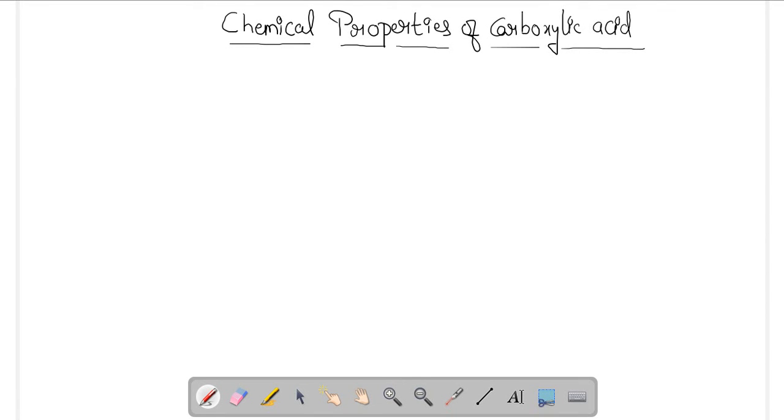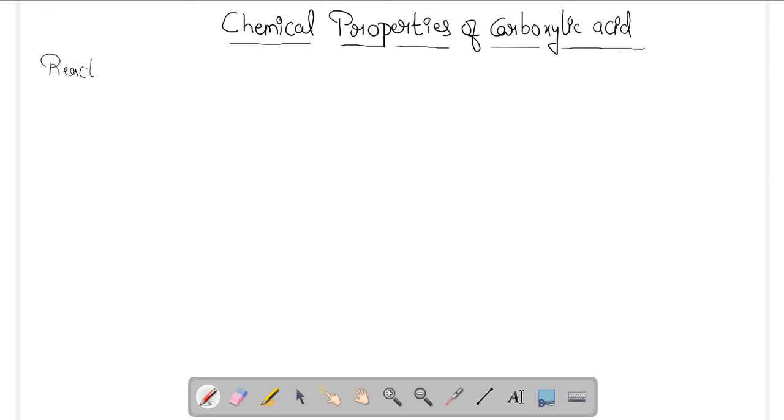Welcome students. So let's continue with the chemical properties of carboxylic acid. In the previous classes we have studied about the preparation of carboxylic acid and also the physical properties of carboxylic acid. In this part we are going to continue with the chemical properties of carboxylic acid. So in the chemical properties of carboxylic acid we are going to first see the reactions,